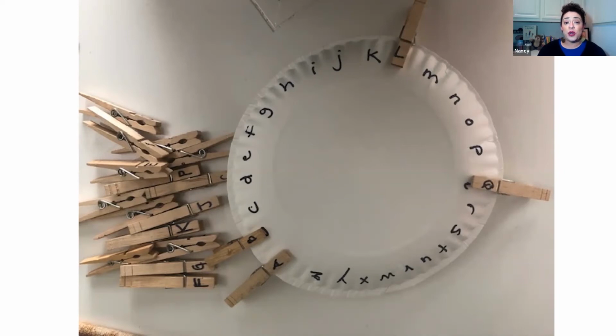And then later on you bring it back out, and I guarantee you that they're going to be like, I love this activity. One, maybe their strength in their finger muscles got a little bit stronger and it's easier for them. Or maybe you've added some stickers to them in the middle just to kind of liven it up and make it look different. But this is just another great way that you can help your little one with letter